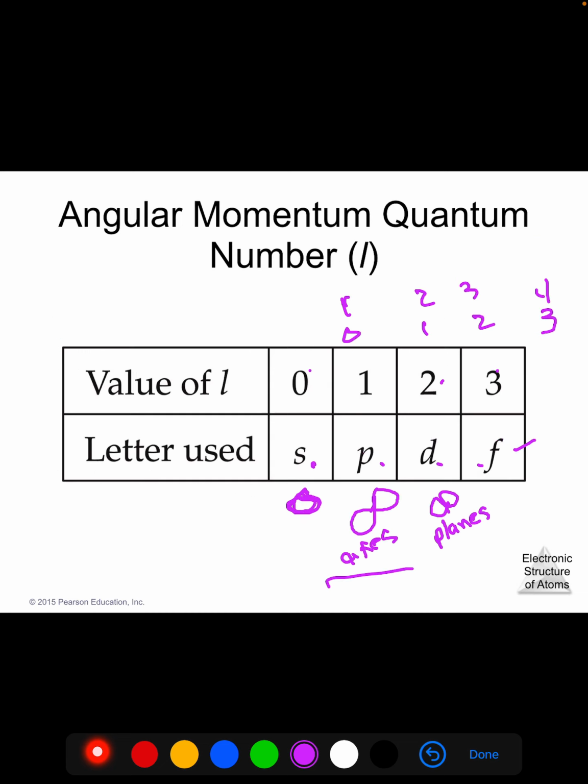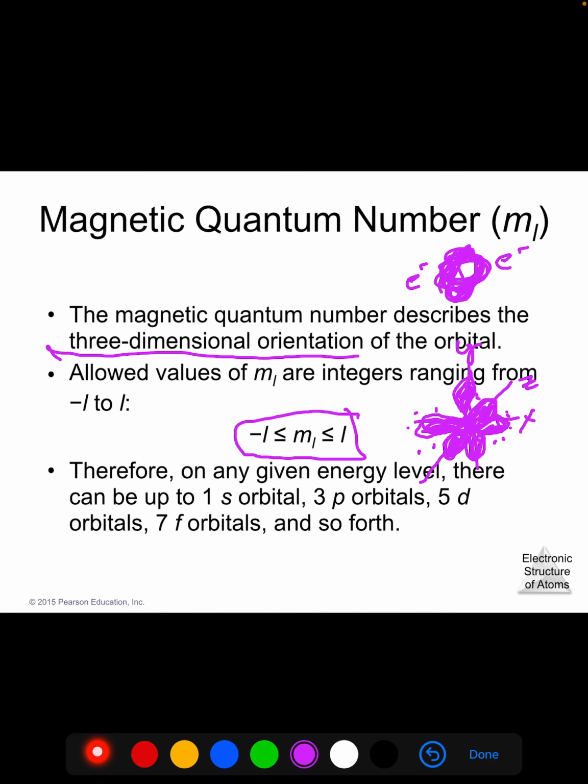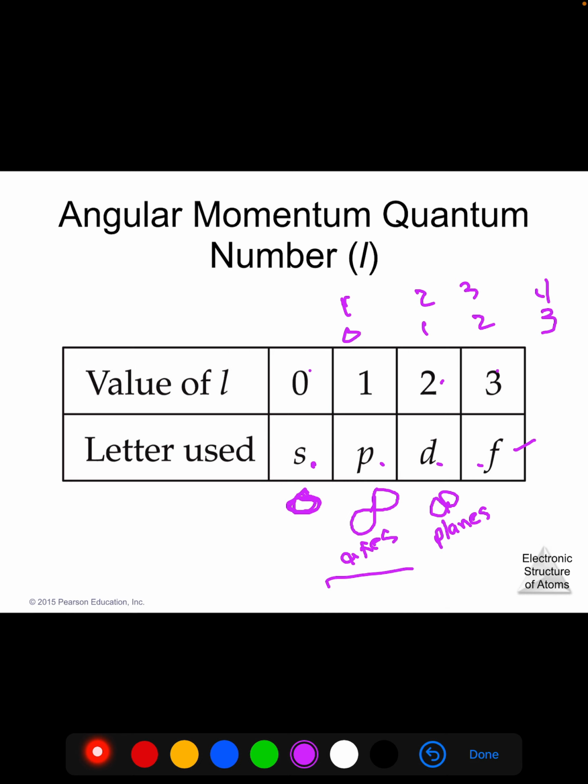So if our L is 0, 1, 2, 3, this can go from minus 3 to 3. So as a result, for S, P, D, and F, we can have 1, 3, 5, and 7 different